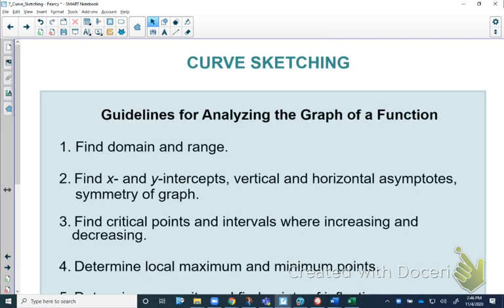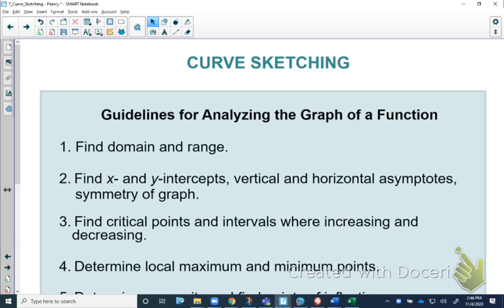Hey everybody, I hope you're doing well as you begin this lesson here on curve sketching. Curve sketching is going to take concepts that we have seen with the function and their derivatives and understanding how